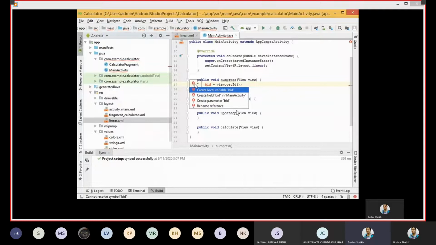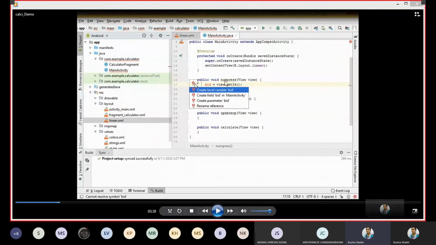To deal with buttons, we have around 9 buttons over there. For the 0 to 9 buttons, we would have to find out which button has been clicked, capture its ID, and with respect to the ID see what its caption was. But that's a very lengthy mechanism, because for each and every button we have already added an onClick property wherein we call numpress.